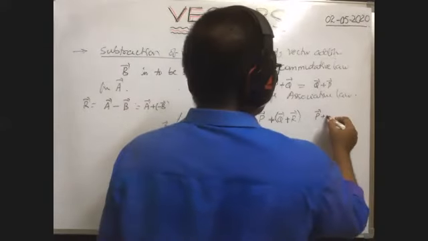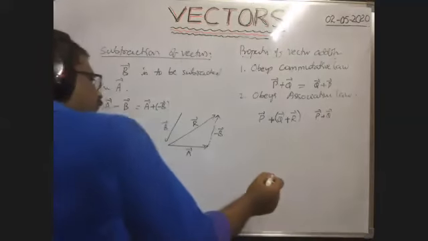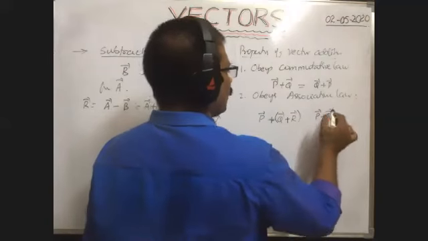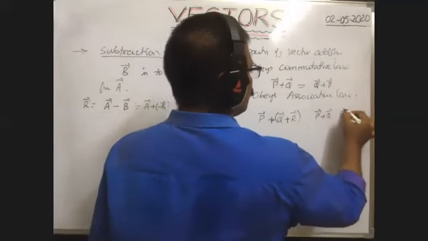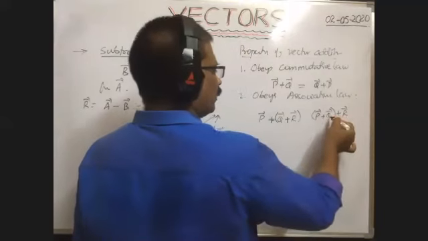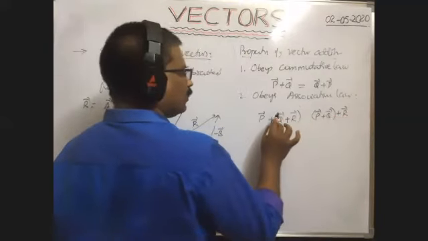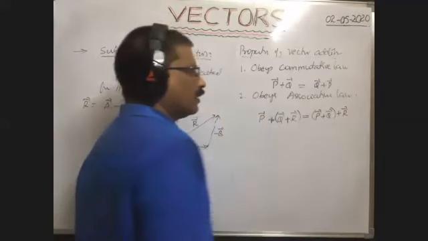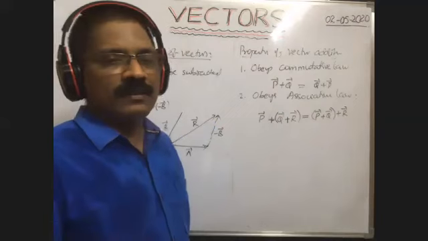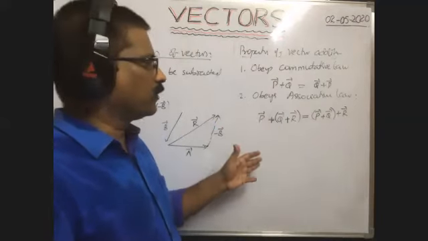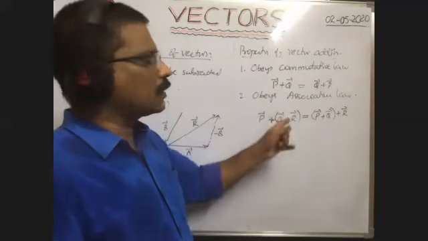When you add Q bar to R bar, or when you add Q bar to P bar, that gives the resultant of P bar and Q bar. So here R bar is there. When you add R bar to the resultant of P bar and Q bar, or when you add the resultant of Q bar and R bar to P bar, it makes no difference. That means the order of addition does not change the sum of the vectors in vector addition. If you do so, then it is called associative law.